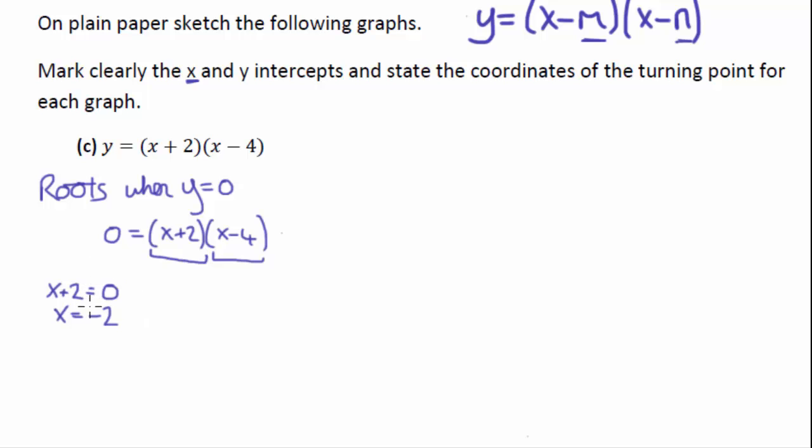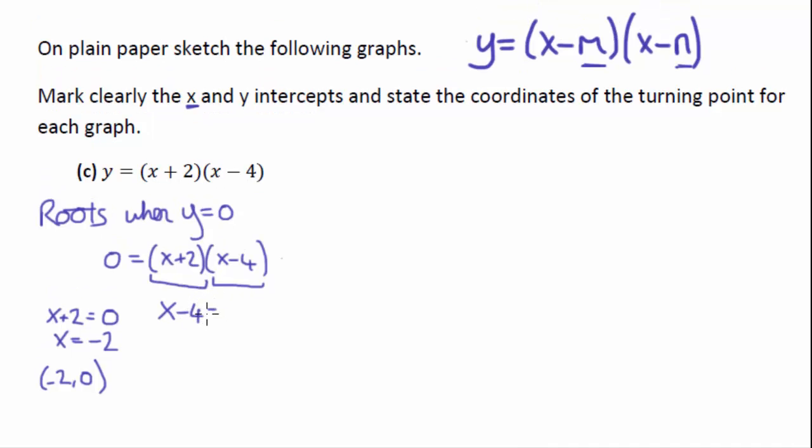Okay, now this is where it crosses the x-axis, so that is when y is 0, so your first root is at minus 2, 0. Okay, so again, to find the roots, or find where it crosses the x-axis, make y 0, and then we have to look at inside the brackets and making each of these brackets equal to 0. So this equation is balanced. So if we then look at the second root, so we have x minus 4,